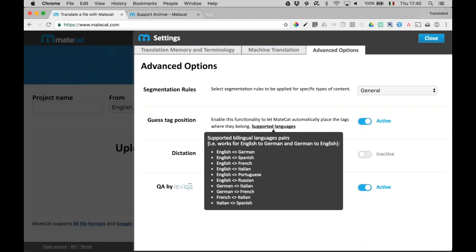If you click on that, MateCat will place all the tags at the end of the segment. But anyway, our way of solving this problem is by going with machine learning and introducing this guess tag position feature for all the languages. You will have one button to place automatically the tags where they belong. Okay, so there is a future for solving tag issues.